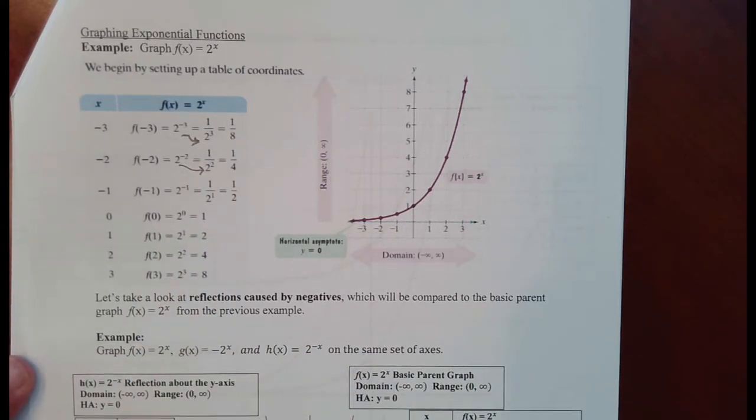Okay, 2 raised to a power of 1, that's going to be 2. 2 raised to a power of 2 is 4. 2 raised to a power of 3 is 8. What I want to try and remind you of is what we have been trying to get across since chapter